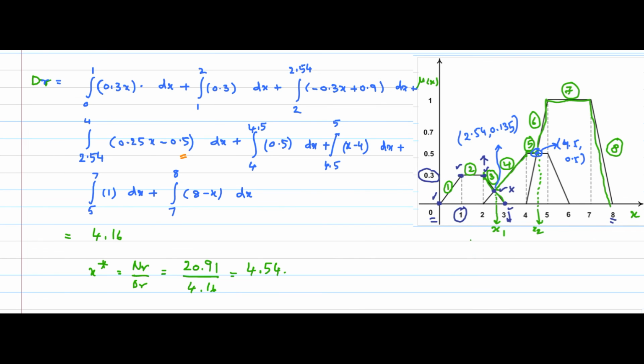The interpretation is like this: the value is 4.54, which means it is just after 4.5, so this value will be our x star. As for 0 to 4, the midpoint should be 4. If all the three are equal, that means the heights are equal and the weights are also equal, then it will be 4 only. But if you can see, the third fuzzy set is somewhat larger compared to the other two fuzzy sets area-wise, so that's why it has moved towards the right. That's why x star will be 4.54.